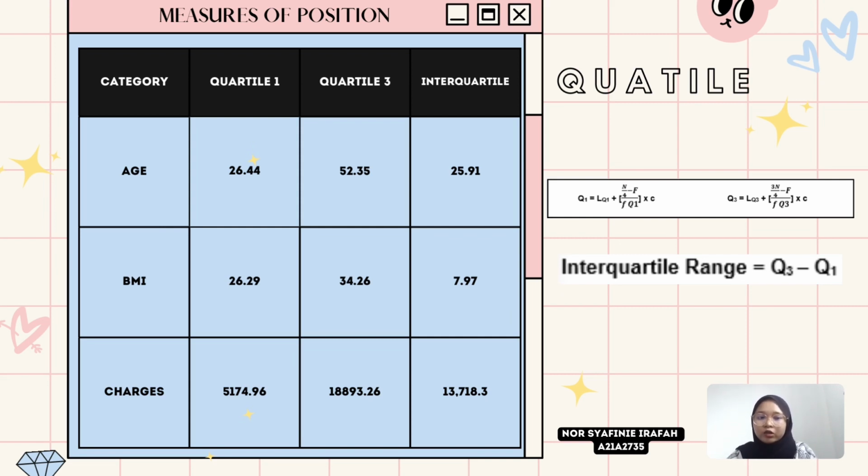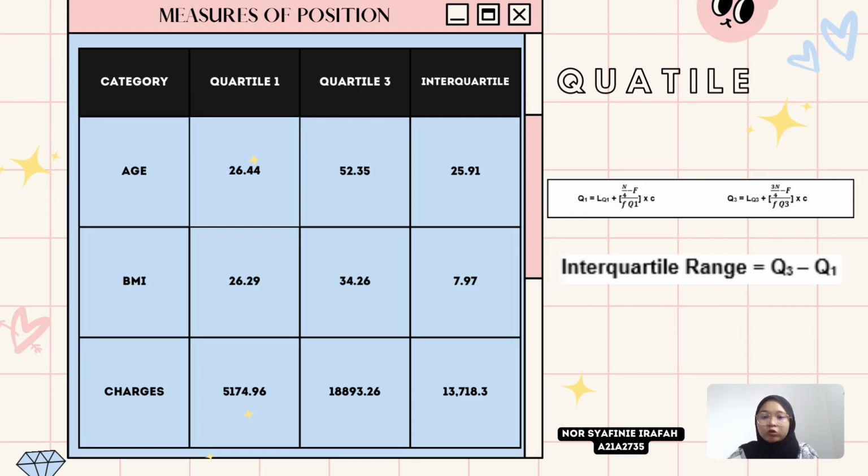And to calculate quartile 3, Q3 equal to LQ3 plus (3n/4 minus VF) divided by FQ3 and multiplied by C. This formula we can use for group data only. And after we know quartile 1 and quartile 3, we have to calculate the interquartile